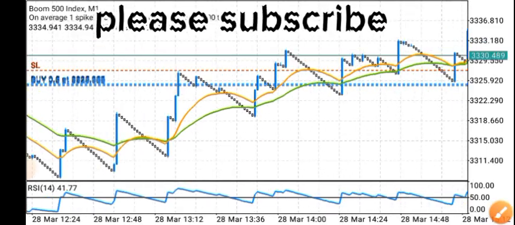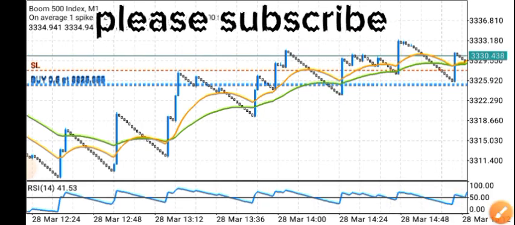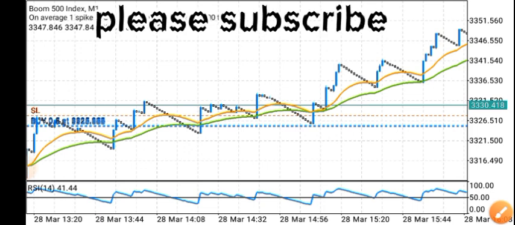Again, price came back. Price came back again. You want to take a buy and place a stop loss. Look at it, guys. The same thing. As it came back here too, the same thing. You would have caught all these spikes. You will hardly miss any spikes using this strategy, guys.